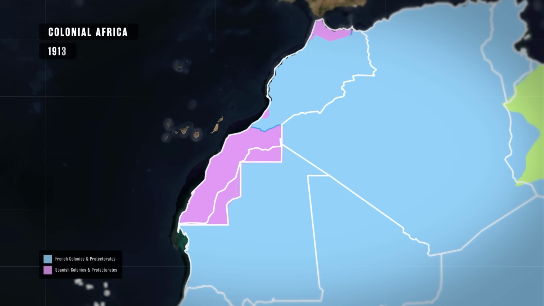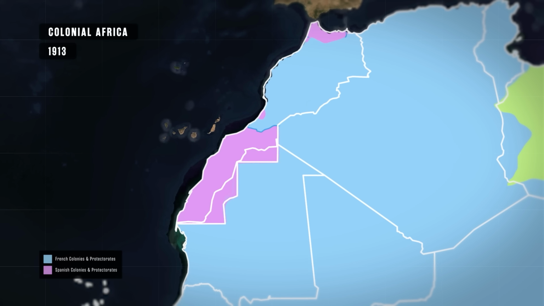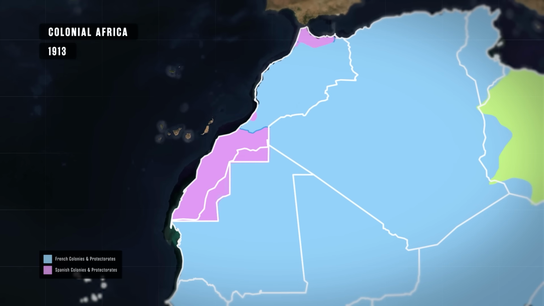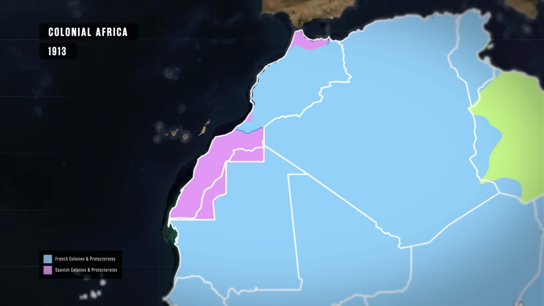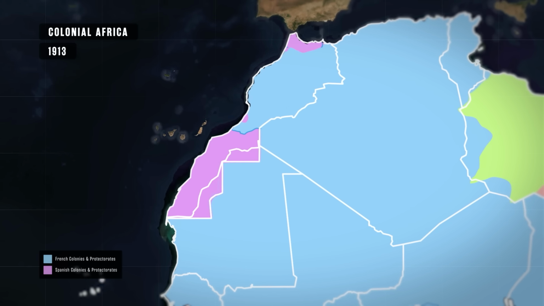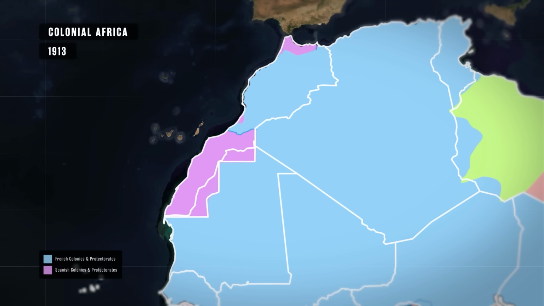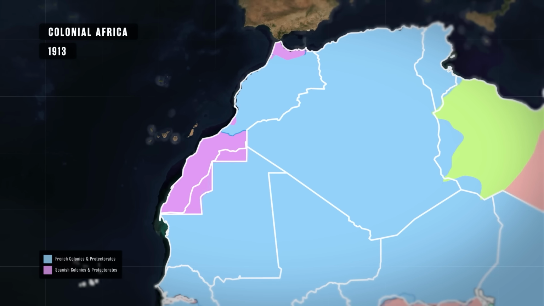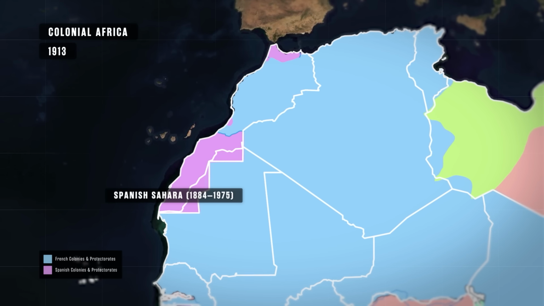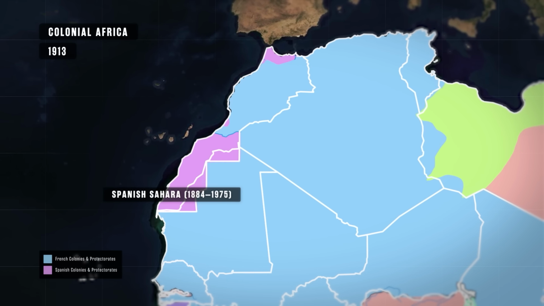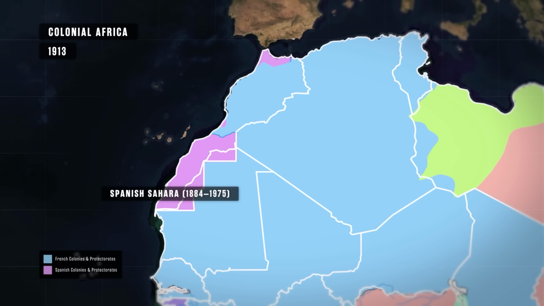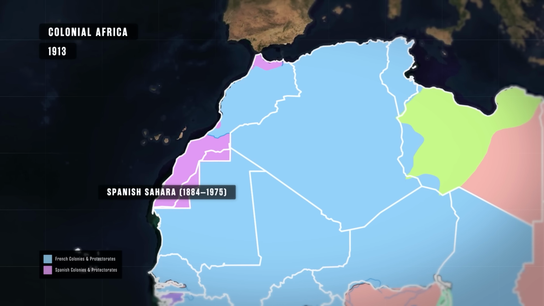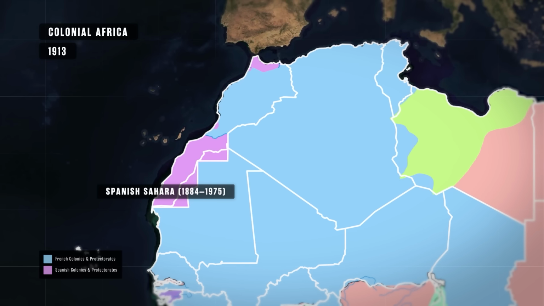The territory of what would eventually become known as Western Sahara was first acquired by the Spanish during the infamous Berlin Conference of 1884, when the various colonial European powers carved up the African continent between them. Throughout the period of Spanish colonial control that would last for nearly the next century, the territory would be known as Spanish Sahara, while in the early 20th century, Spain also established a protectorate within Morocco that consisted of a northern and southern strip of territory in modern-day Morocco,